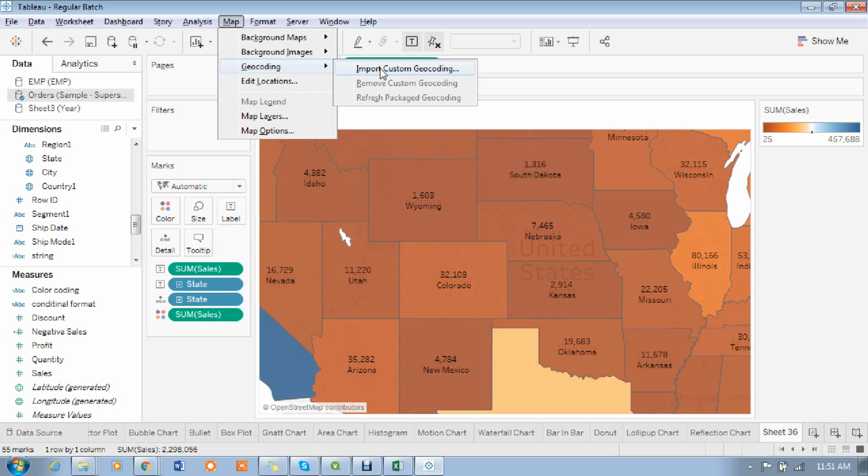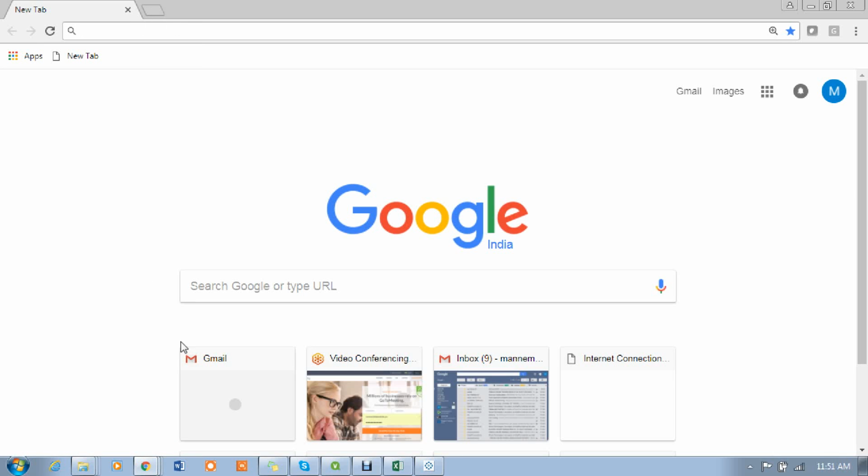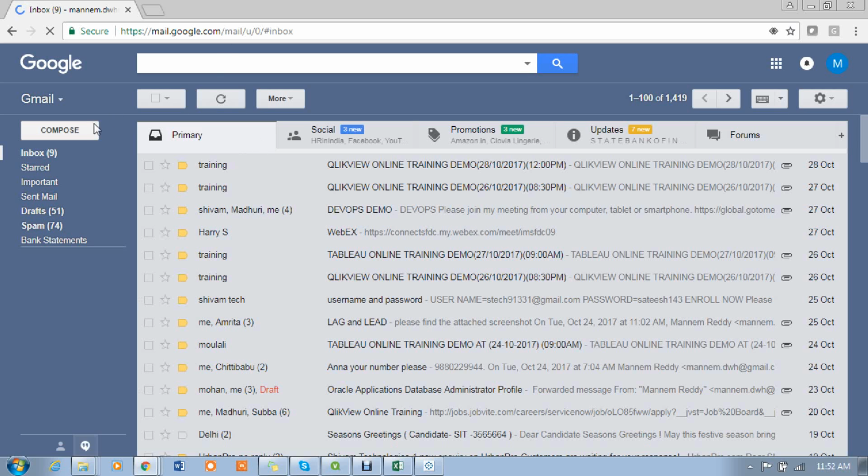To create that file, we have one format actually. Let me show you that one. I think I forwarded it to someone in Gmail. Sent items. Where is it?